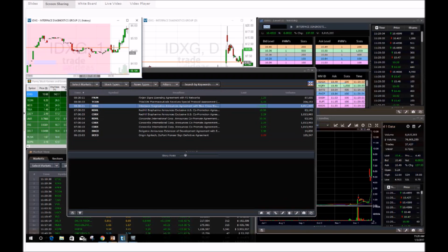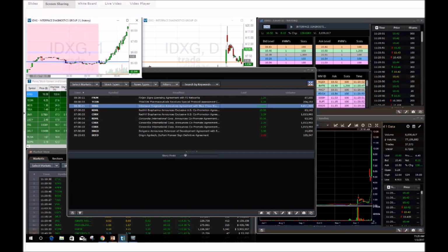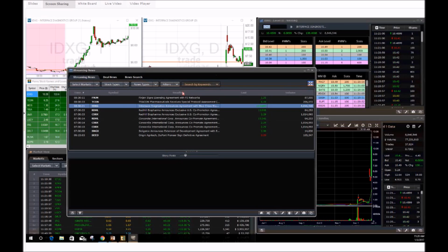A lot of traders bought in on pre-market when it was all the way down towards this area of $4, right at 8 a.m. this morning, 4.39. It went all the way up to highs up towards 5.60. Even if you grab 1,000 shares right there, you're making over $1,000 within the first 20 minutes of pre-market, and then on top of that, the stock went on a massive rip, so you could have been banking so much as well. But IDXG, you always want to look at Yahoo Finance,